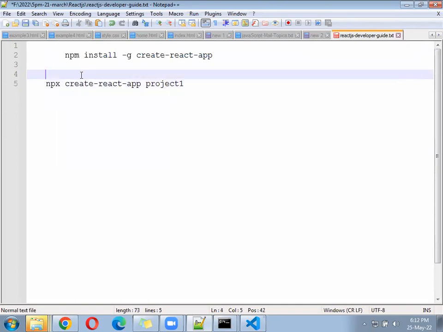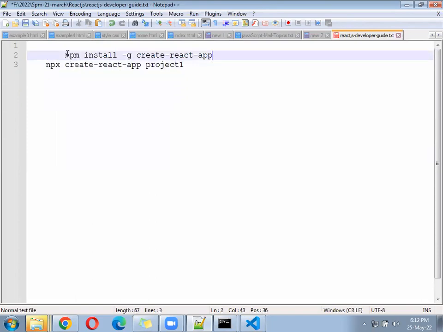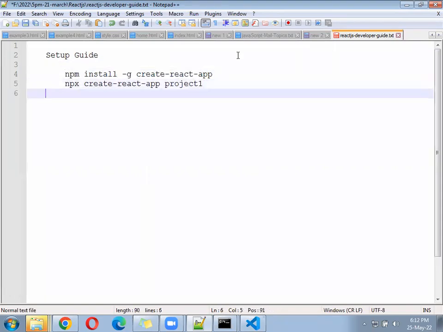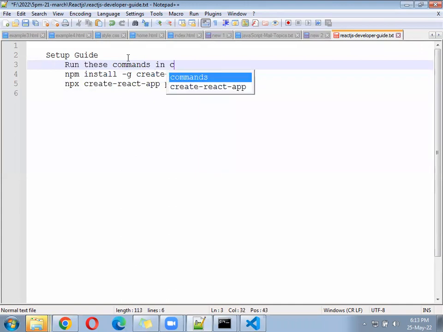Setup guide. Run these commands in CMD one by one.